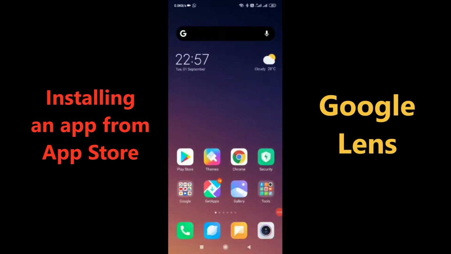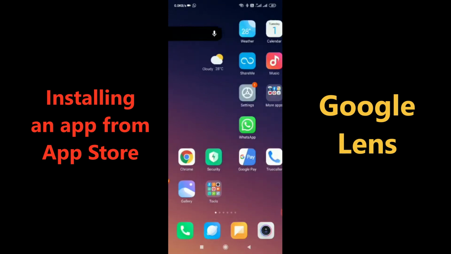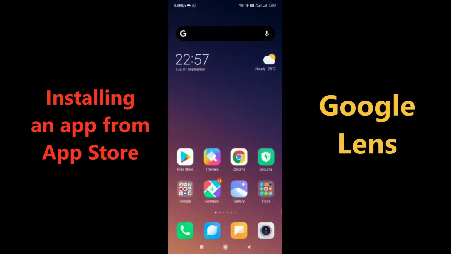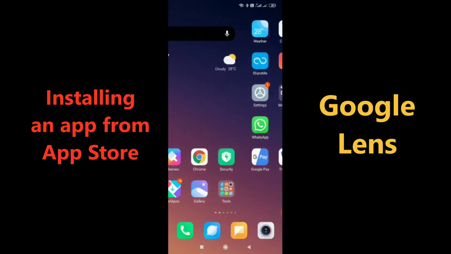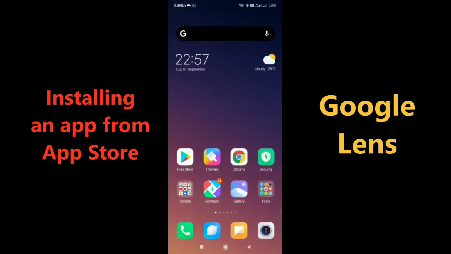So today we are going to learn about an app called Google Lens. This app is particularly used to get information about a product. So if you are in a store and you are not familiar with the rating of that product, say you pick up a biscuit and you want to know information about the biscuit which is not printed on the label, like whether that biscuit is good quality or not, or if you want to read some review about it,